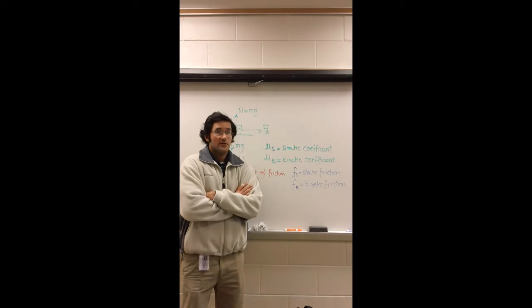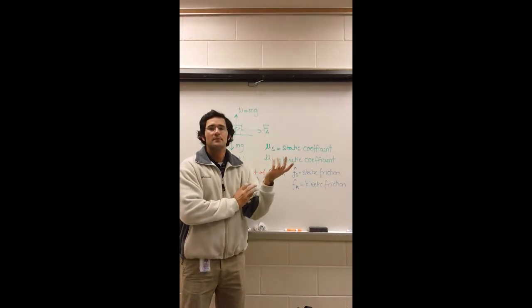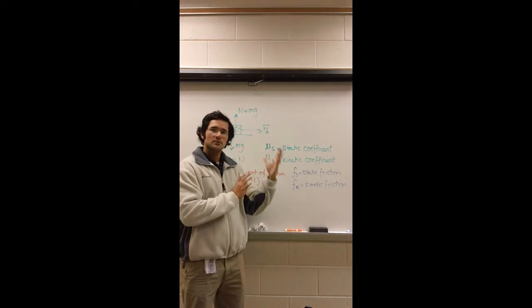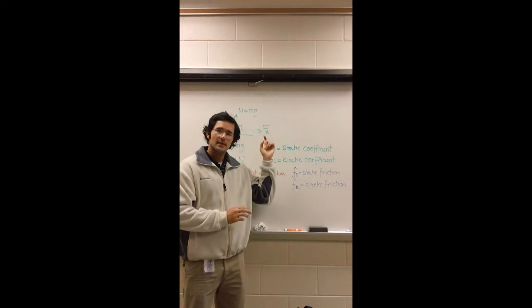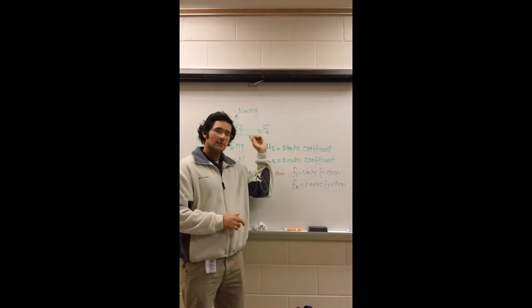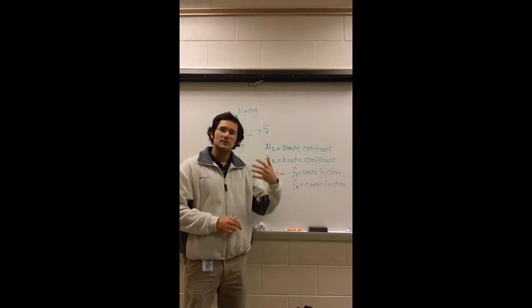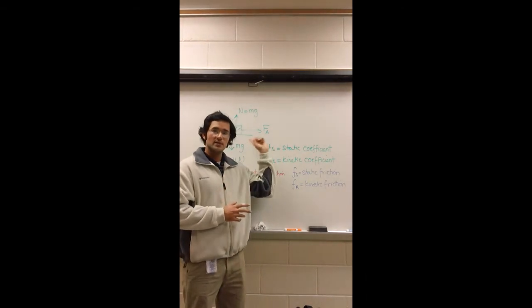And of course, if there is no FA, if you weren't pulling towards the right, then there wouldn't be any friction. So if this object was just at rest and it wasn't being pulled to the right the way it is in the drawing, then the static frictional force would be 0. But then when you start applying an FA, then the static frictional force increases. It tries to fight against you. It tries to match the force you're exerting to the right.